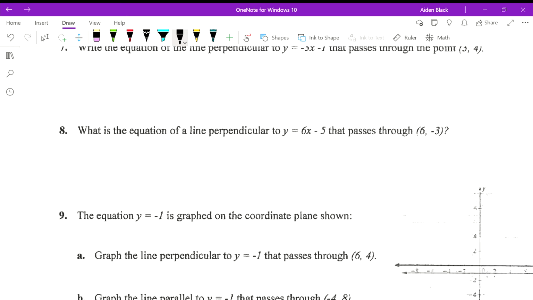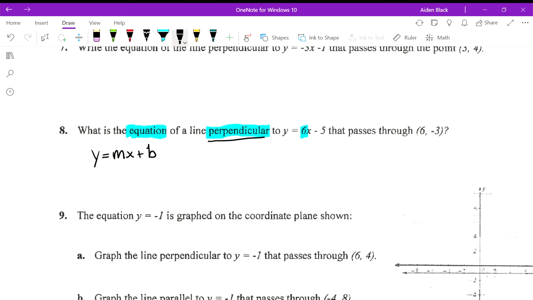Okay, I'm making a quick video because this seems to still prove troublesome for some of our students. So first things first, what is the equation? Right off the bat, it's going to look like this,